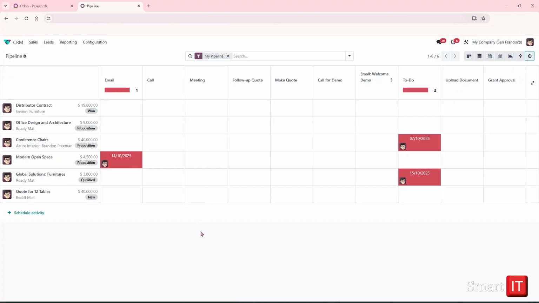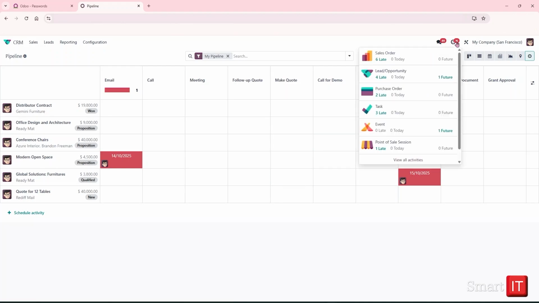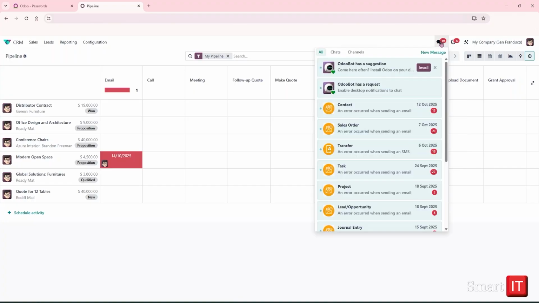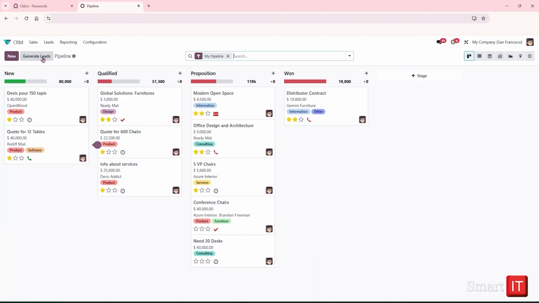While we are discussing activities, note that up in the top banner we have an activities icon, which gives us visibility on activities for every module for this logged-in user, Mitchell Admin. To the left, a chat icon allows Mitchell quick visibility on messages and allows him to start a live chat with another user. Moving over to the top Sales My Pipeline menu, we are returned to the default Kanban view